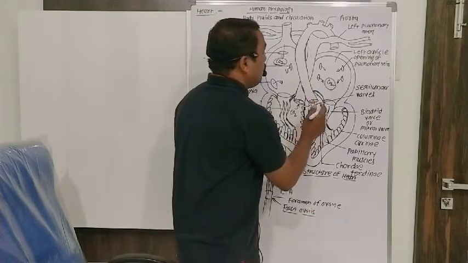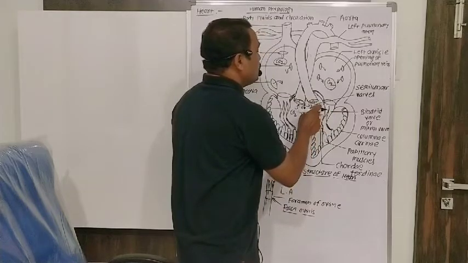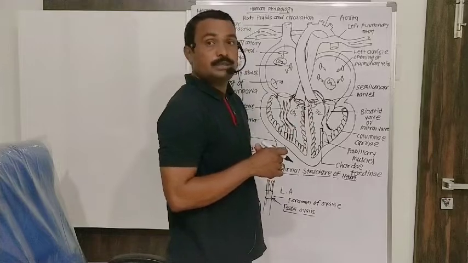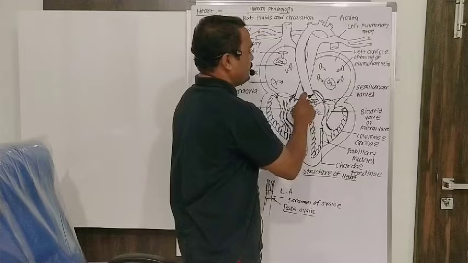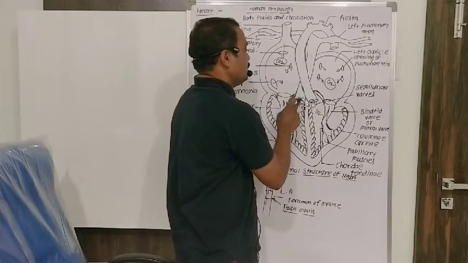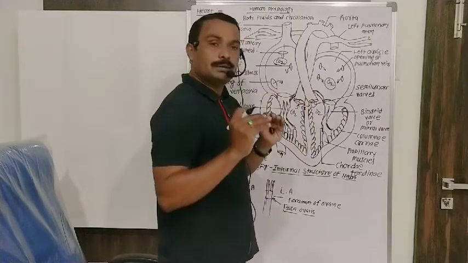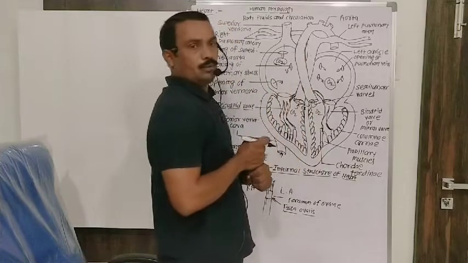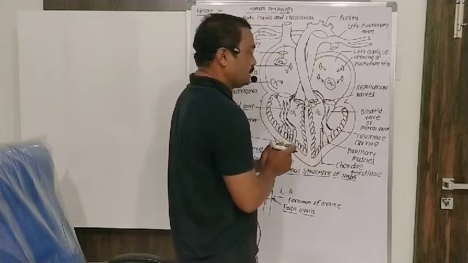And this aorta from the left ventricle carries oxygenated blood to various parts of the body. The opening of the aorta is guarded by semilunar valves. The opening of the pulmonary artery is guarded by semilunar valves, useful to prevent backward flow of blood whenever blood enters into the pulmonary artery and aorta. It is about the structure of the ventricles present in the wall of the heart.